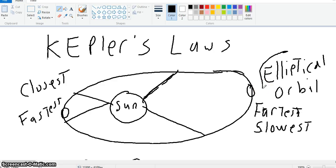Okay, so this is the first law right here. This actually goes against what Aristotle had said and what had been adopted for more than 2,000 years. Well, sorry, more than 1,000 years at the time of Kepler. Is that all the planets traveled in perfect circles, and of course the Greeks believed that the planets traveled around